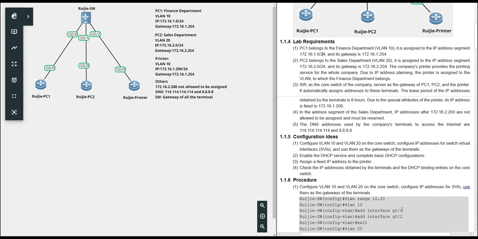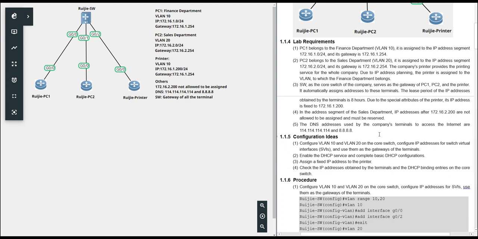And another one is the company also has one printer, and in the real network we hope that the printer can get a fixed IP address, right? Because the other terminals have to connect with the printer and then print some papers.